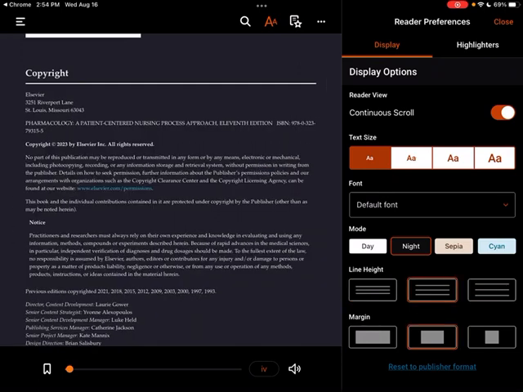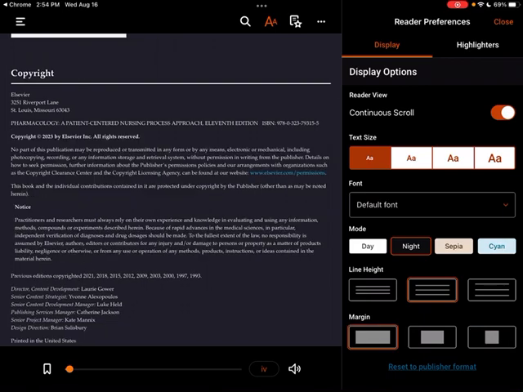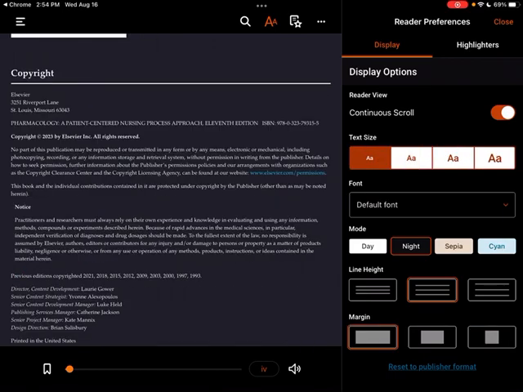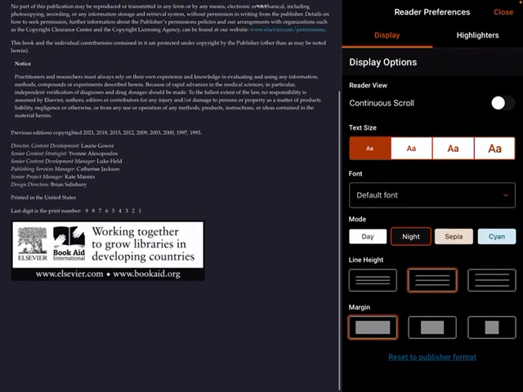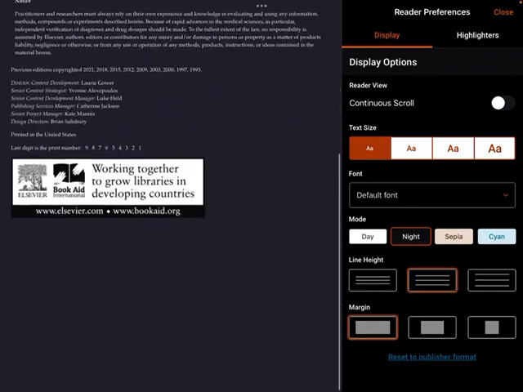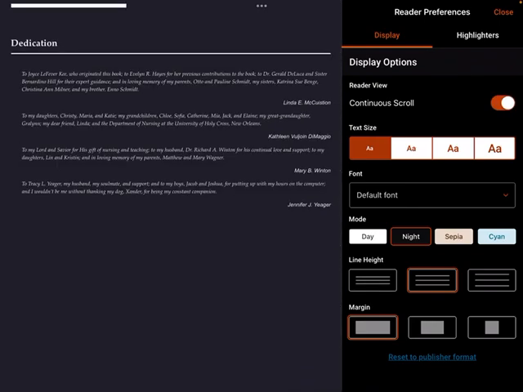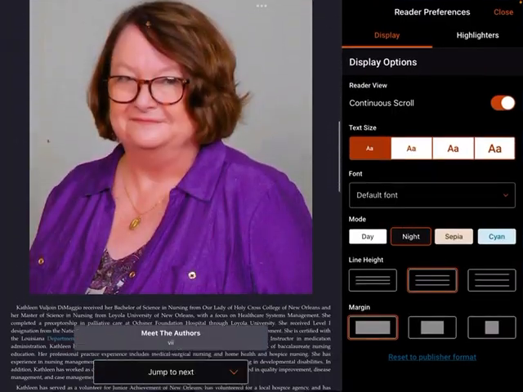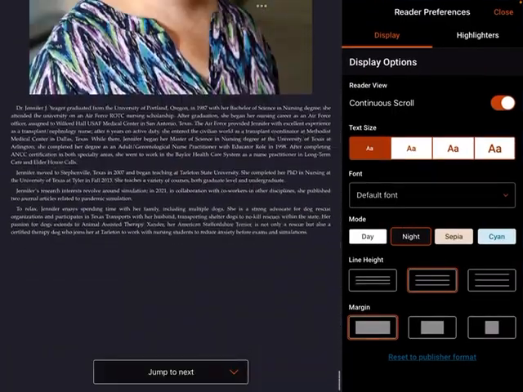So continuous scroll is when you don't have to flip from page to page. If maybe you're reading a chapter and you don't want to keep flipping, you can just flip through the pages without having to do that. Those are the authors, if you were interested. And then you can even change the font of the book if you don't like that font. So here you can change, add and edit your highlighters,